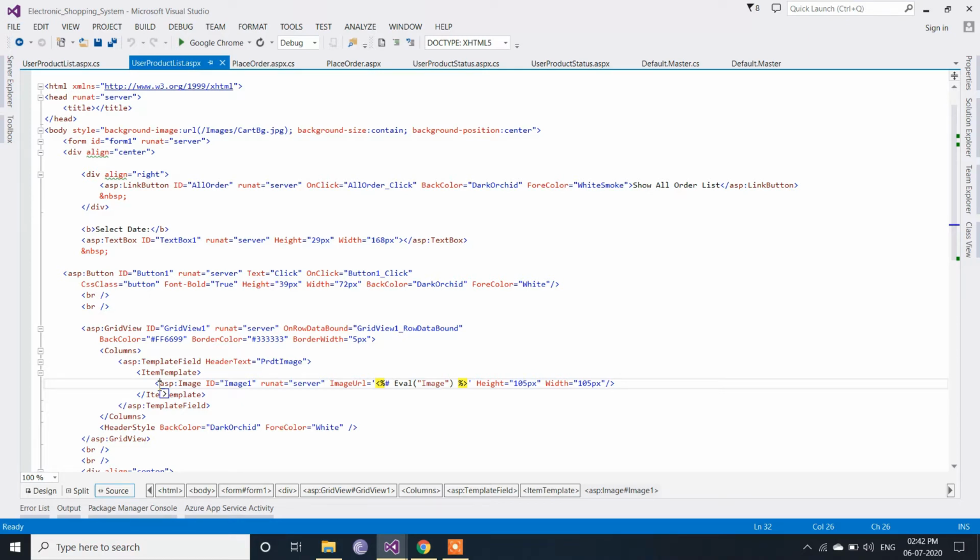After clicking on this image, we will redirect to the PDF generate page, so that we can download the invoice of the product which has been selected.